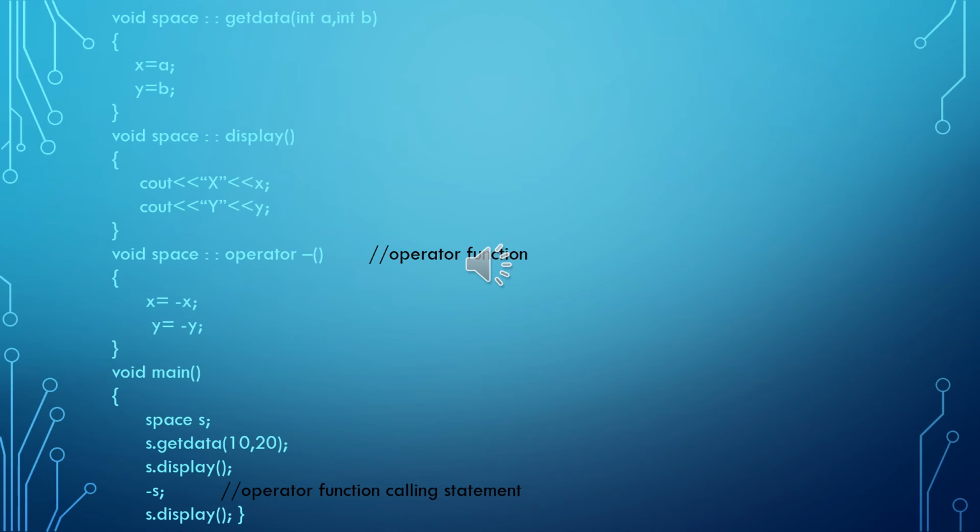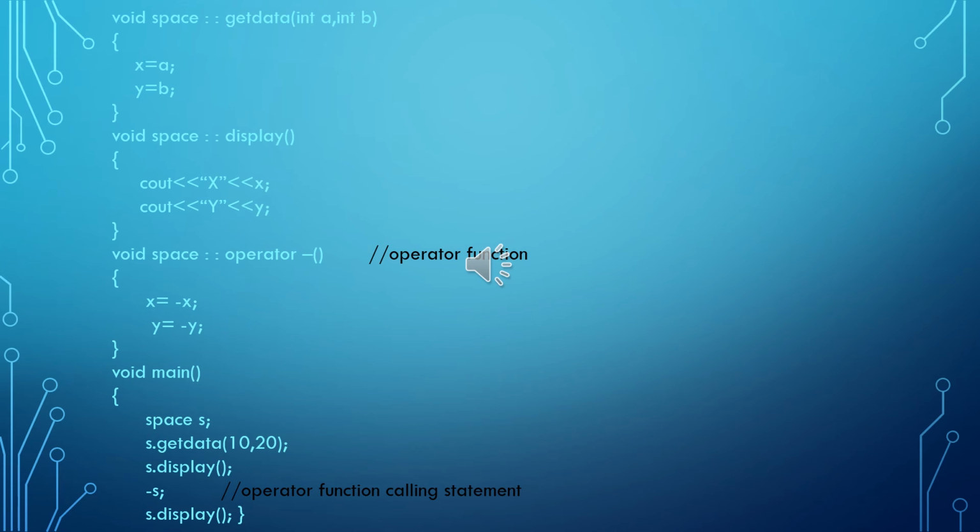Now it is a time to execute our program using void main. We all know that the program execution starts at the point void main function. Here we have created a class object as s, and then by using that object we are going to call the functions we defined earlier. First, s dot get data,